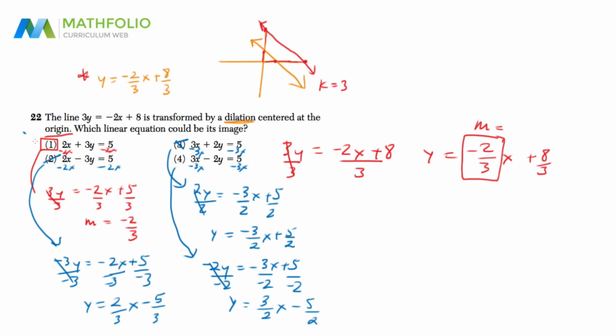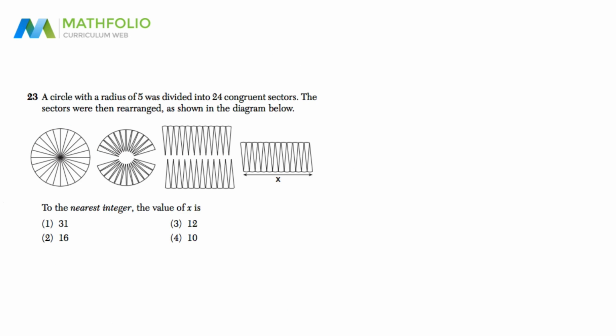So that confirms our answer is number 1 for question 22. Okay, question number 23 is saying that a circle with radius 5 was divided into 24 congruent sectors. So in fact, this distance here is the radius, so that's 5. So that 5 stays all the way. This is 5, and this is 5. It's always 5. And the question asks, to the nearest integer, the value of x is, well, x is